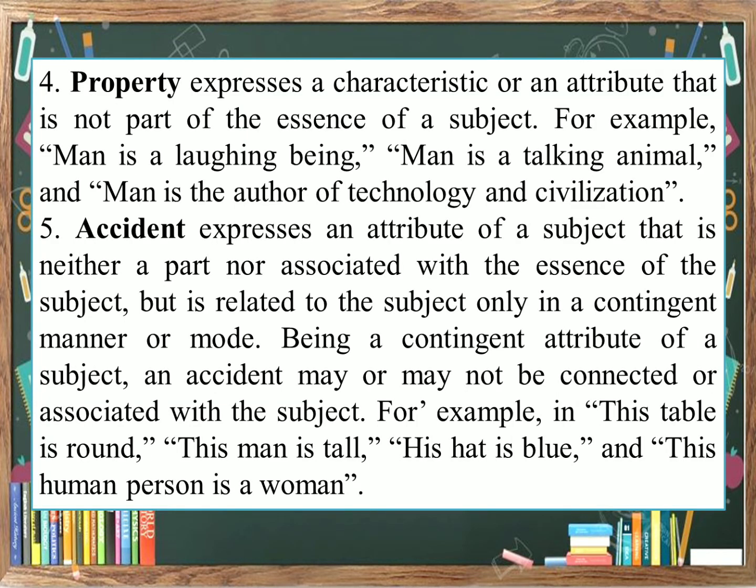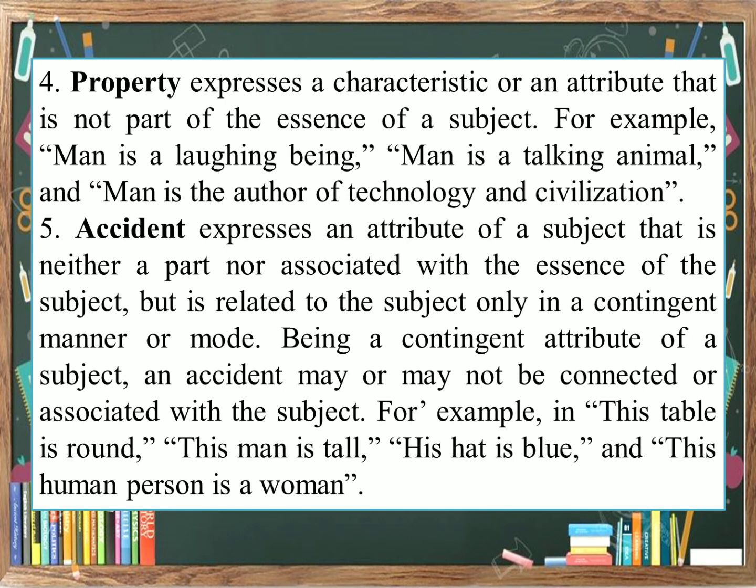Fourth, property expresses a characteristic or an attribute that is not part of the essence of a subject. For example, man is a laughing being, man is a talking animal, and man is the author of technology and